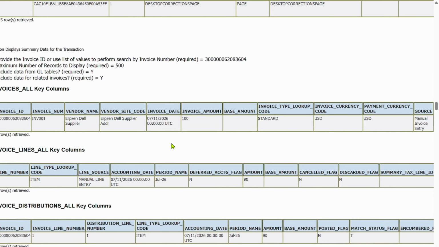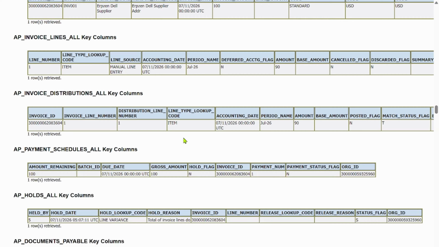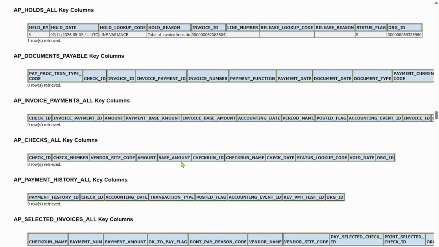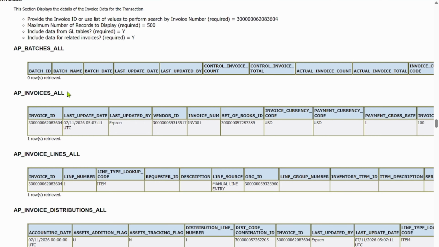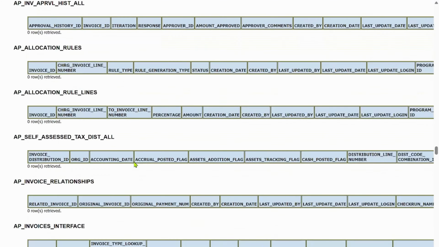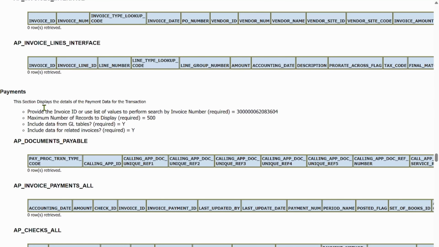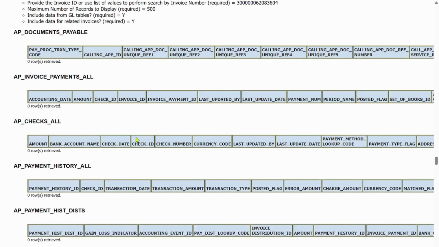Now, what are all the key columns? What are all the invoice lines, invoice distributions, checks, and what are all the batches? What are all the invoices, all tables? Now, payments. Since we haven't made any payment,